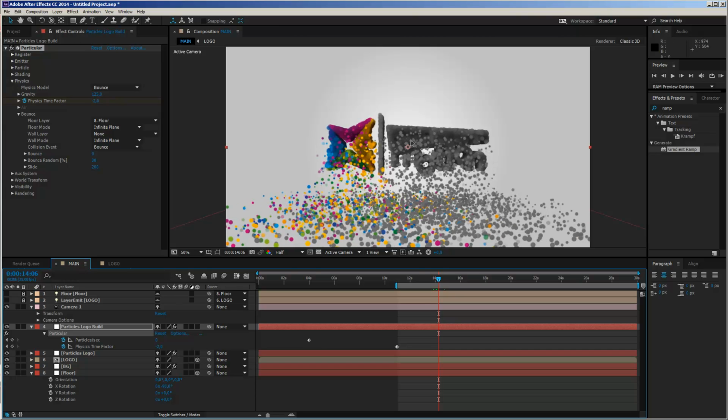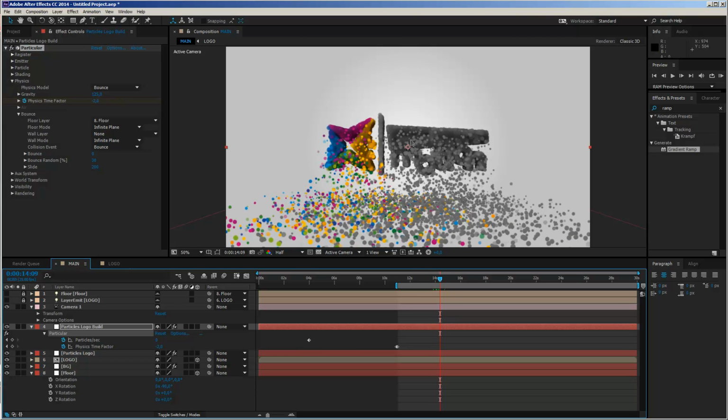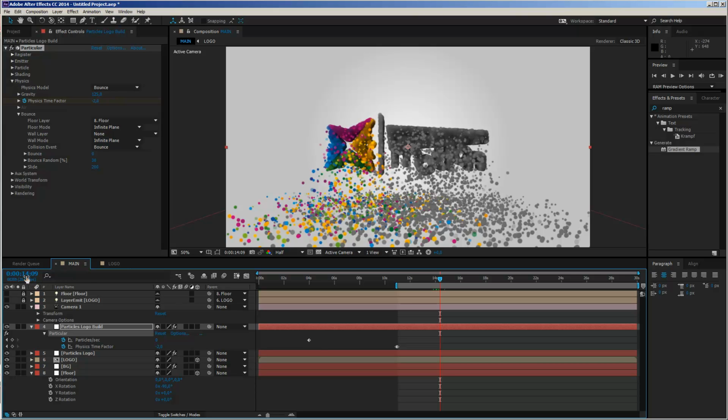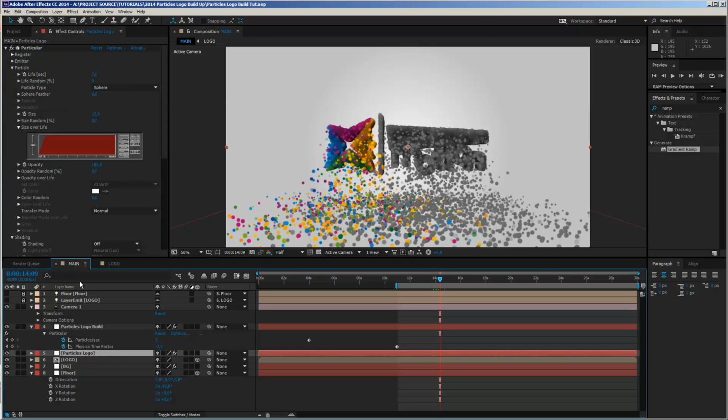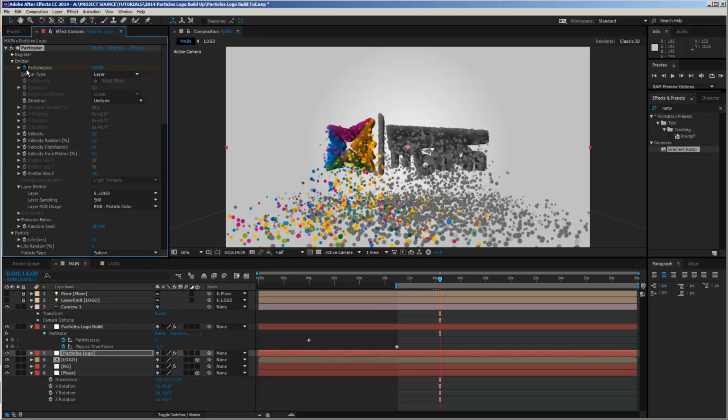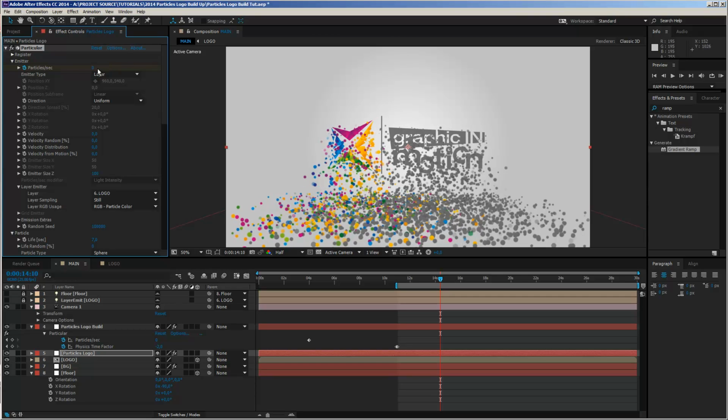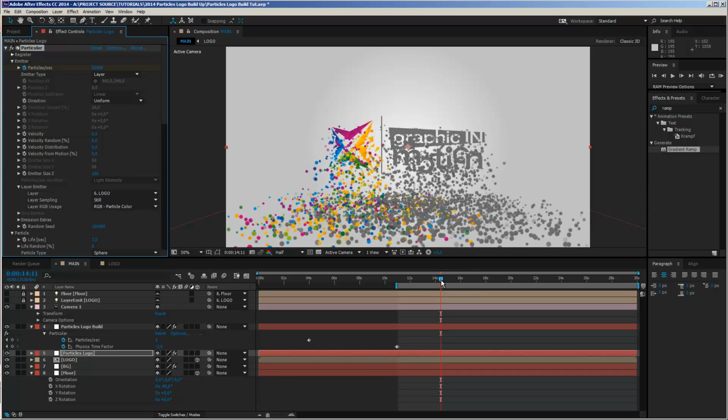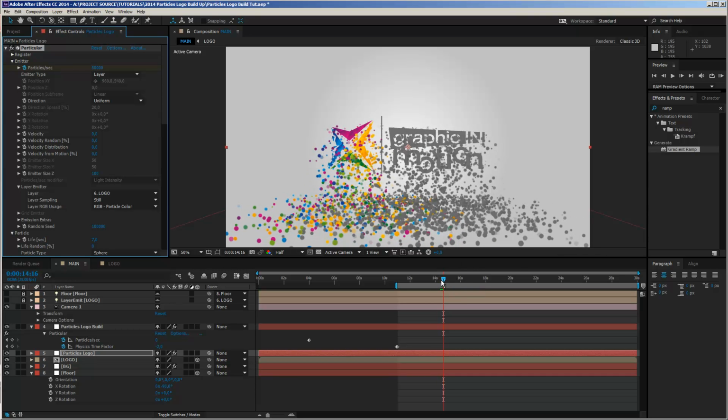And let's say this will be around, in this case, around here. So we are around at 14 seconds and 9 frames. And exactly on this point in time, we want the logo to build up. So let's go to our particles logo layer and let's go to our emitter. And now I will set a keyframe and take down the value to 0. And now I move forward 1 frame and set it to, I don't know, let's start with 50,000. Maybe this is a value that works. And now let's see how this looks. I will just move forward frame by frame.